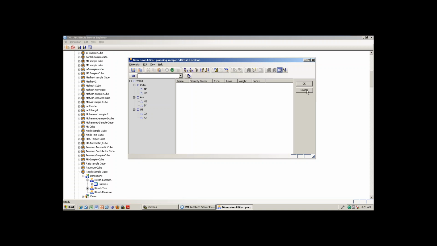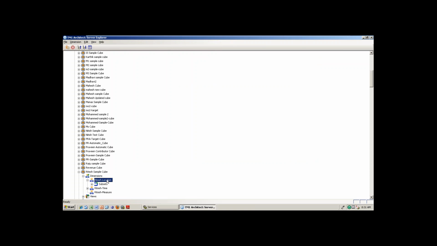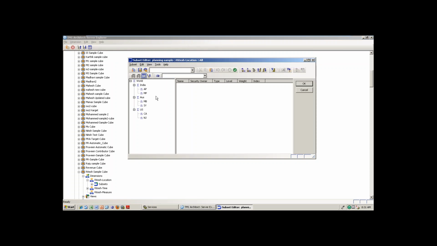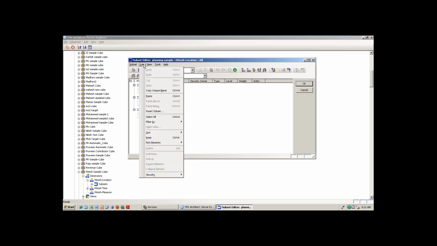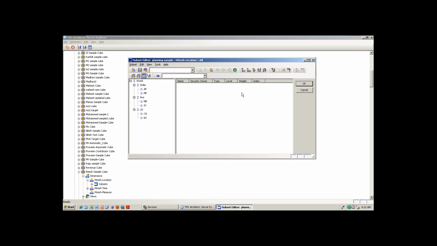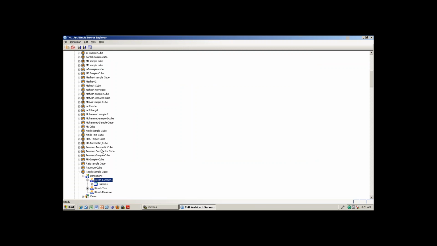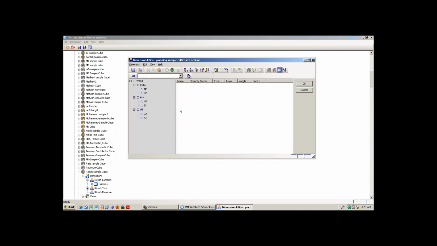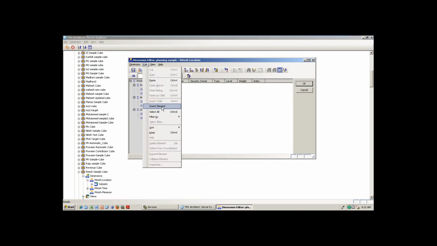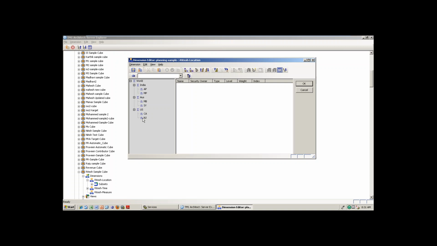Because if you double click, it will open in the subset editor, so it will be just for that subset only. See this one, there is no insert element because it's simply a subset. So if you want to change the structure of the dimension for all the cubes wherever it is used, use edit dimension structure, if you want to add any insert element or something like that.